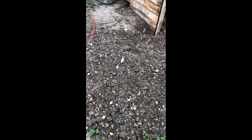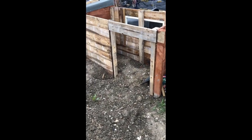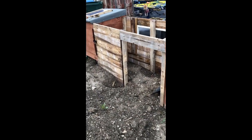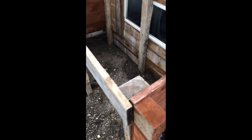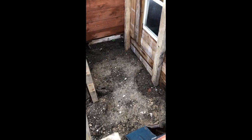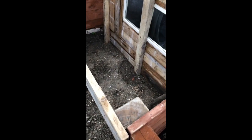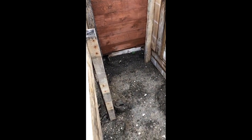And what you won't have seen in my last videos is I've started constructing, as I'm sure I've mentioned before, we're not allowed sheds down on this site. So what I have started doing is constructing almost like a little bunker type thing. So when it rains, I'll be able to come in and have a sit down. I won't be able to stand up, obviously. I'll be able to stay out of the rain. I'm going to put a little bench in there with my stove so I can make my cups of tea